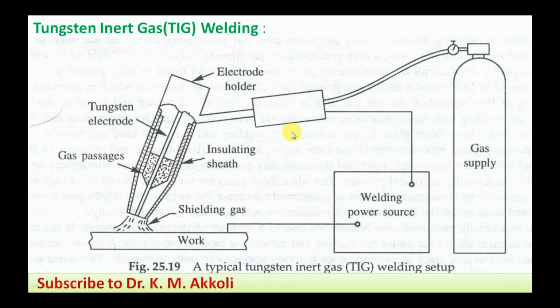TIG welding is similar to arc welding. In arc welding, we will discuss how the working takes place, so that the similar working applies to TIG welding also. In arc welding, one pole of the electric circuit is the workpiece, and the other pole is the electrode. The electrode we are going to use is covered with a flux coating, and that flux coating is required